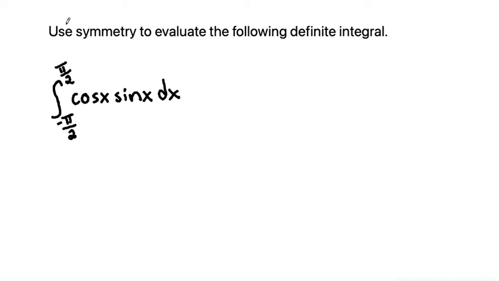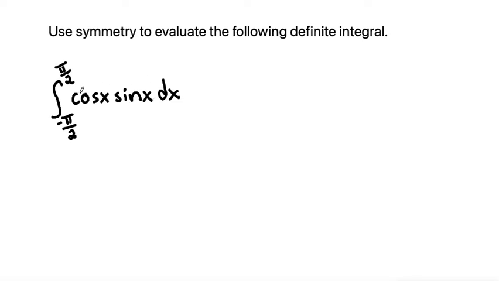So here we have a problem to use symmetry to evaluate the following definite integral. The definite integral is the cosine of x, sine of x dx from negative pi over 2 to pi over 2. First of all, in order to use symmetry to evaluate this definite integral, we need to